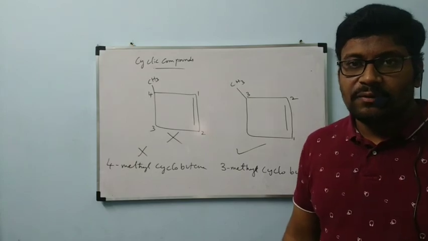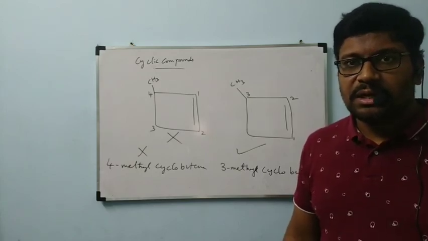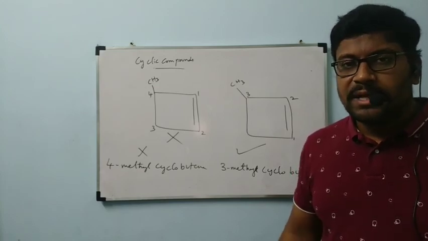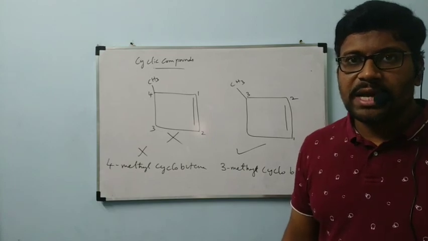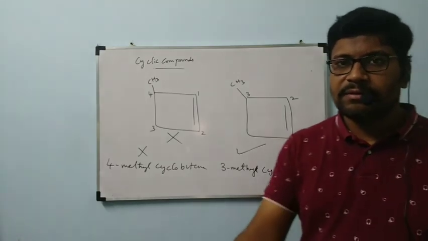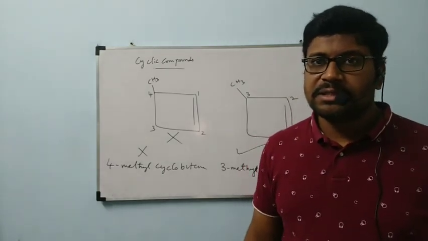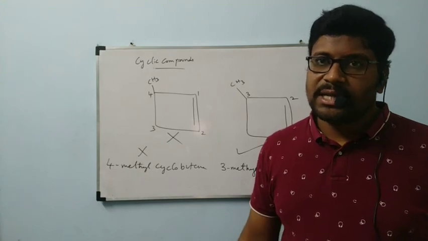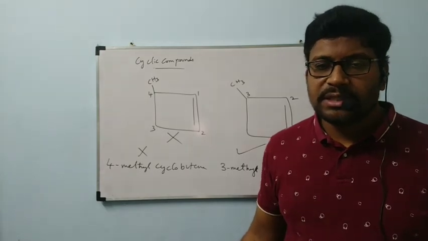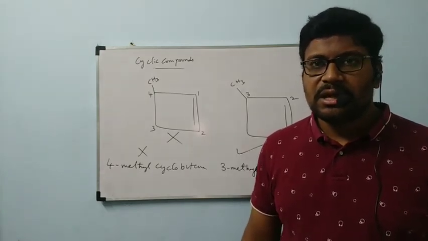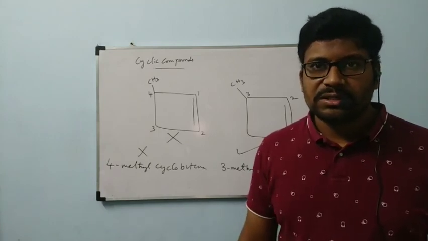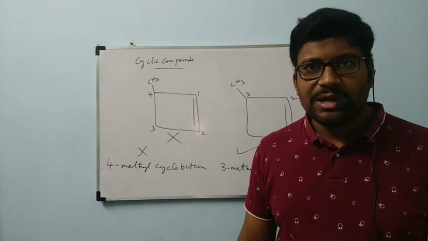In the next class, we will continue with some more cyclic compounds. Let us complete the cyclic compounds, and after that we will go to functional groups. By doing some more examples, you will get more clarity about these compounds. In today's class, we have seen how to name compounds containing the same number of carbons in the parent chain. After that, we started with cyclic compounds and saw some examples. We will continue these in the next class and complete cyclic compounds within two classes. After that, we will go to functional groups. This is about today's class. I hope you are clear.